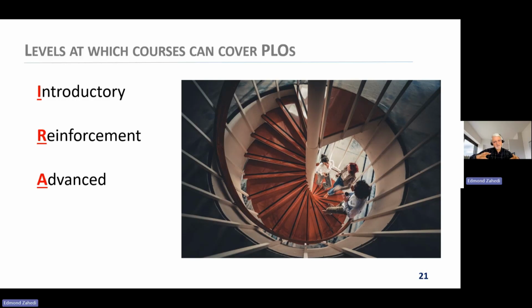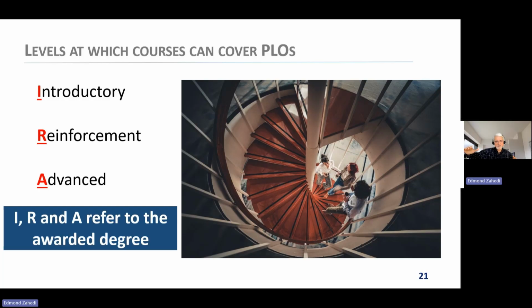Well, it's the famous spiral where we take students at the introductory level, we call this I level, and then in some other courses, I'm going to touch on that in a second, reinforce the topic, and then reintroduce again, reinforce it at the advanced level. So we are going to have I for introductory, R for reinforcement, and A for advanced.